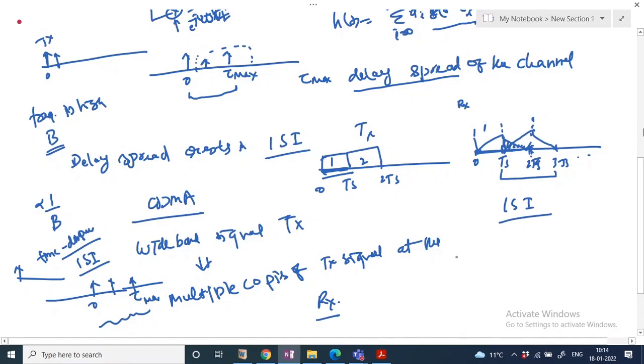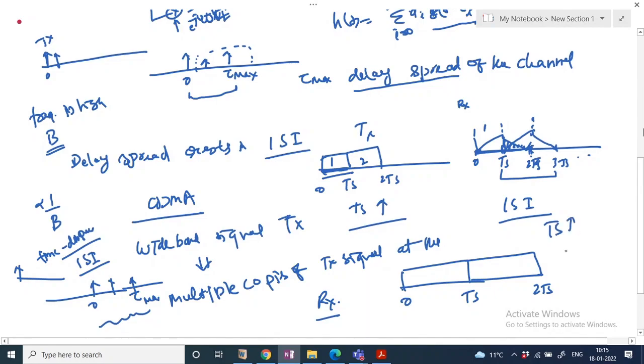Okay, so that is clear. So we have to deal with ISI. If we want to minimize the ISI, what we will do is maximize the symbol duration. So you can make the time frame of each symbol larger, 0 to TS and 2 TS. In this case, we can minimize the overlapping between two consecutive frames. But if you do that, the time frame duration is higher, so if TS is higher, that means the data rate is going to be lower.